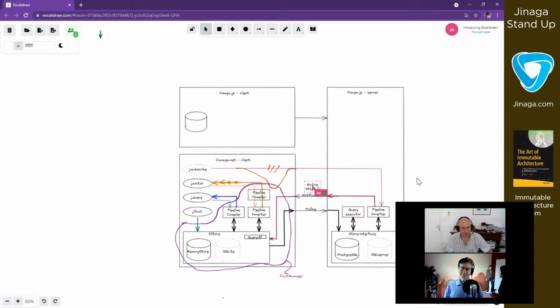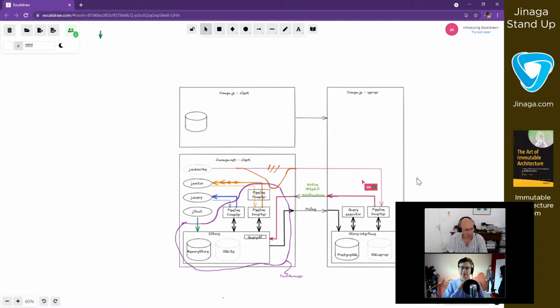But so this is not yet implemented. Correct. Let's put that in another color. Green. Notifications, not at all for the moment. Not at all in the server? Right.